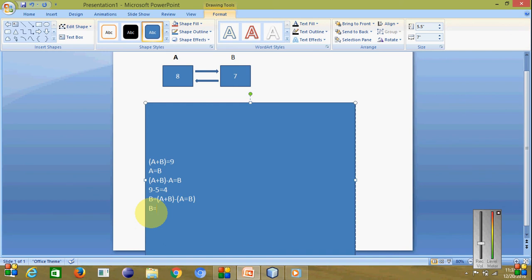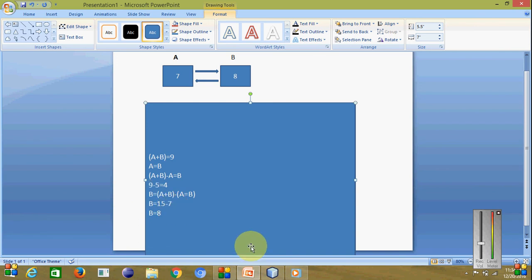B is equal to A plus B, 8 plus 7 is equal to 15, minus, here friend, the value of B is copied to A, so A will have changed. It will become 7, and 15 minus 7 is equal to 8. Now the value of B will have changed. It will become 8. Friend, we see the values of A and B have been swapped. So its logic works very easily.